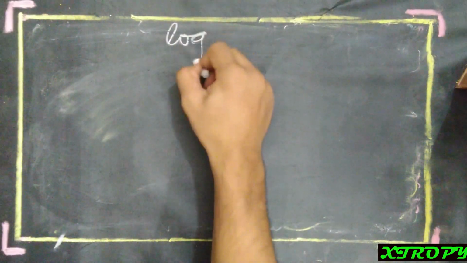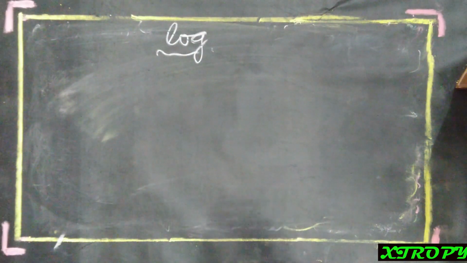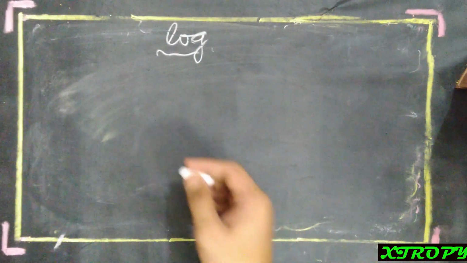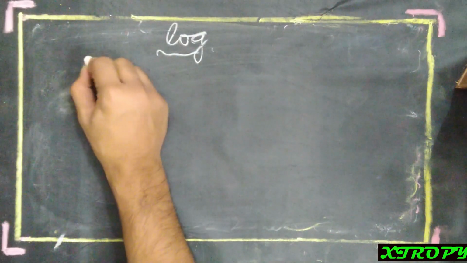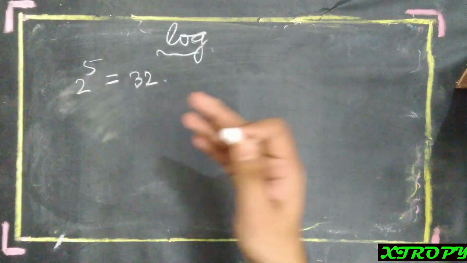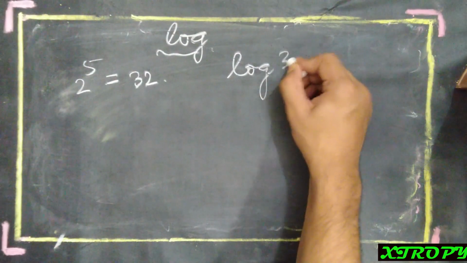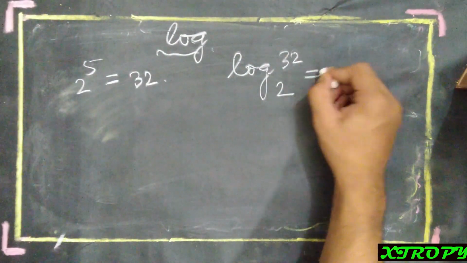So now let's have an understanding about logarithms. Logarithm sounds too long, right? Let's call it log. Well, to begin with logarithm or log, I will suggest you remember one key example. If you are just beginning, that will help you not be confused. So let us take 2 to the power 5 equals 32. If you write this in terms of log, it will look like log 32 base 2 equals 5.